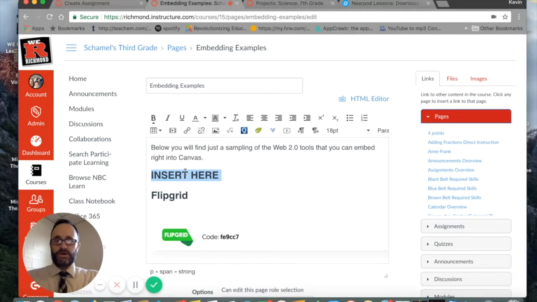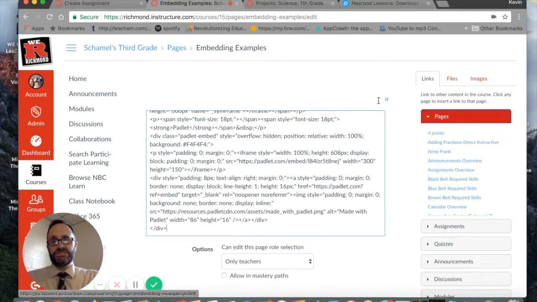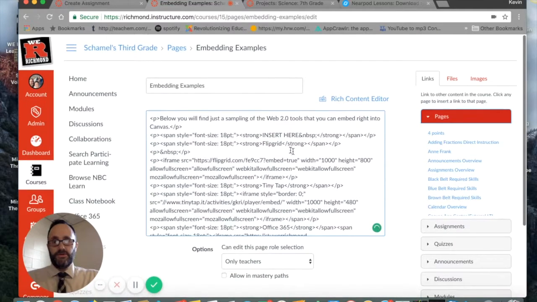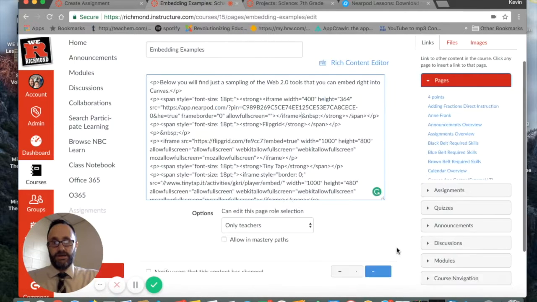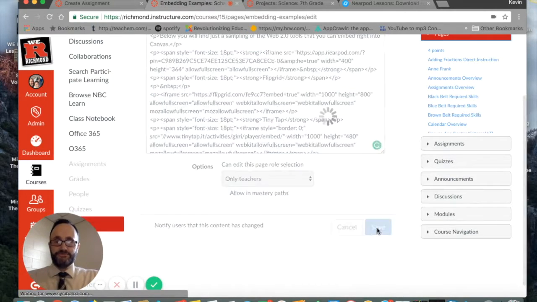That's not what we want. And you'll do that a couple times while you're learning how to do this. When I click on HTML editor though, where everything's in that language, here's my marker, that insert here, I found it, okay? That's where I'm going to Control V or Command V, paste that embed code, okay? When I click save,